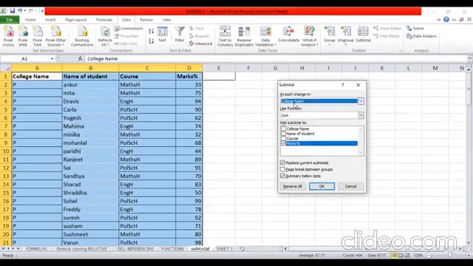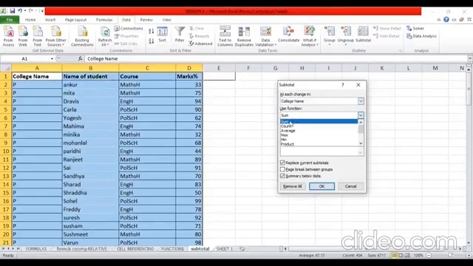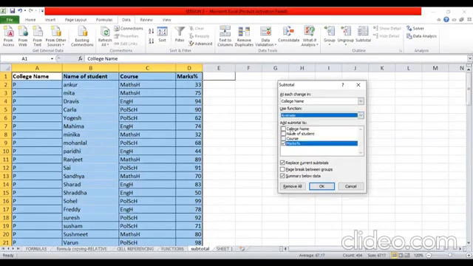If it is not showing the parameter on which you want to create subtotals, you can select it from this drop down list. Now it asks which function do you want to use? What do you want to calculate? Do you want the sum total, or how many numeric values there are? Do you want the average, maximum, minimum, product? For us, we want to see the average marks.